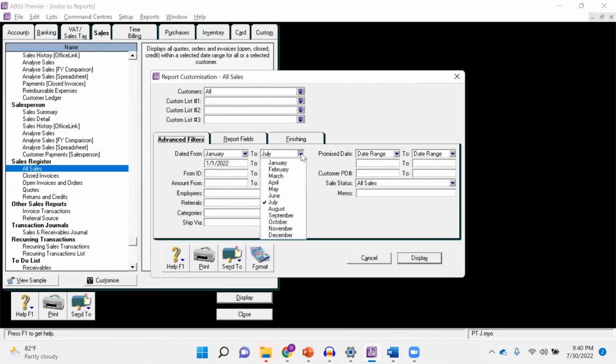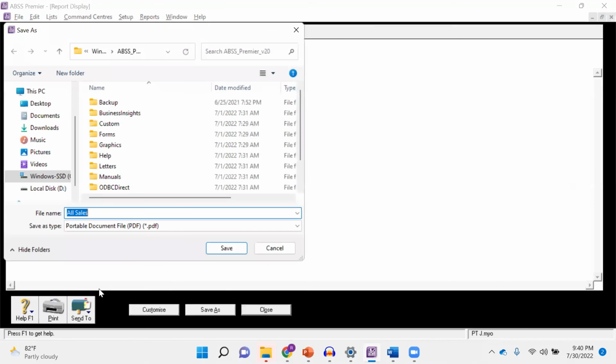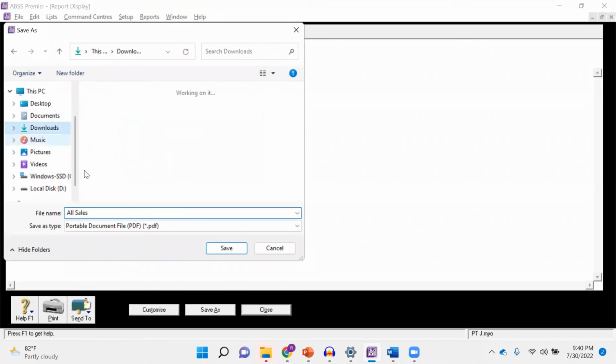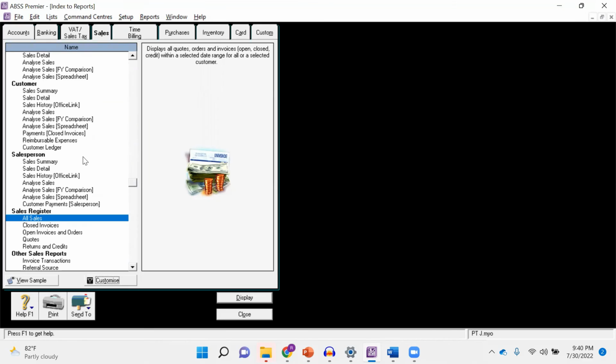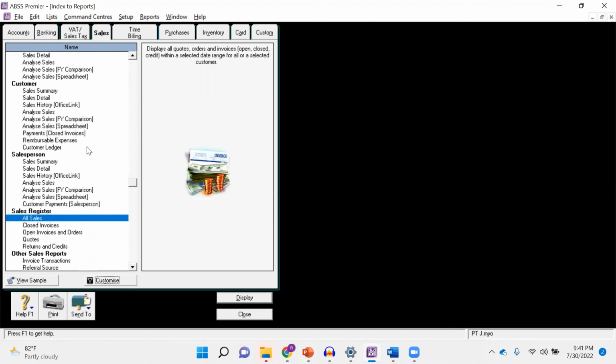Our transaction is in January, right? Now display. These are all of the transactions. So we have to send to PDF and save it. Okay, the second one is the customers payments report for the closed invoice.